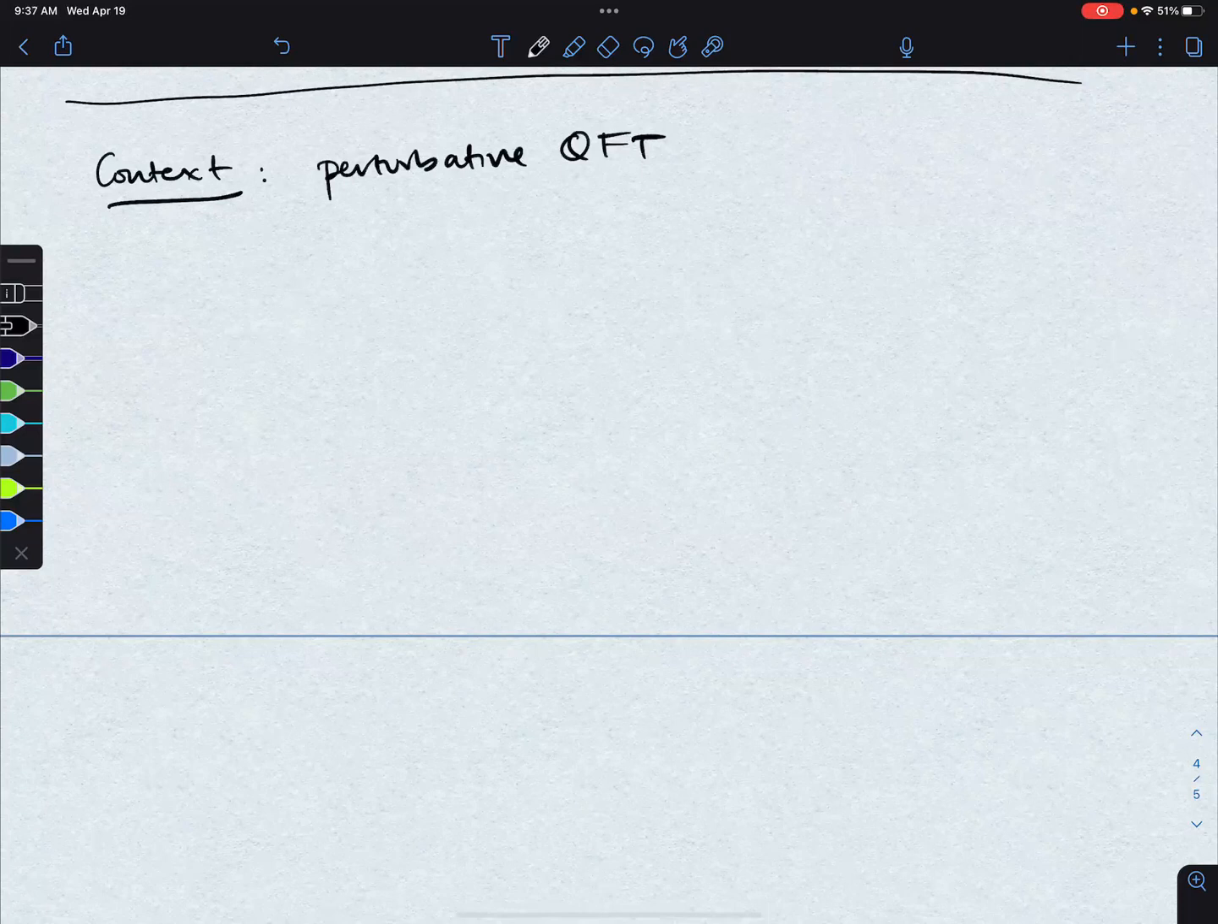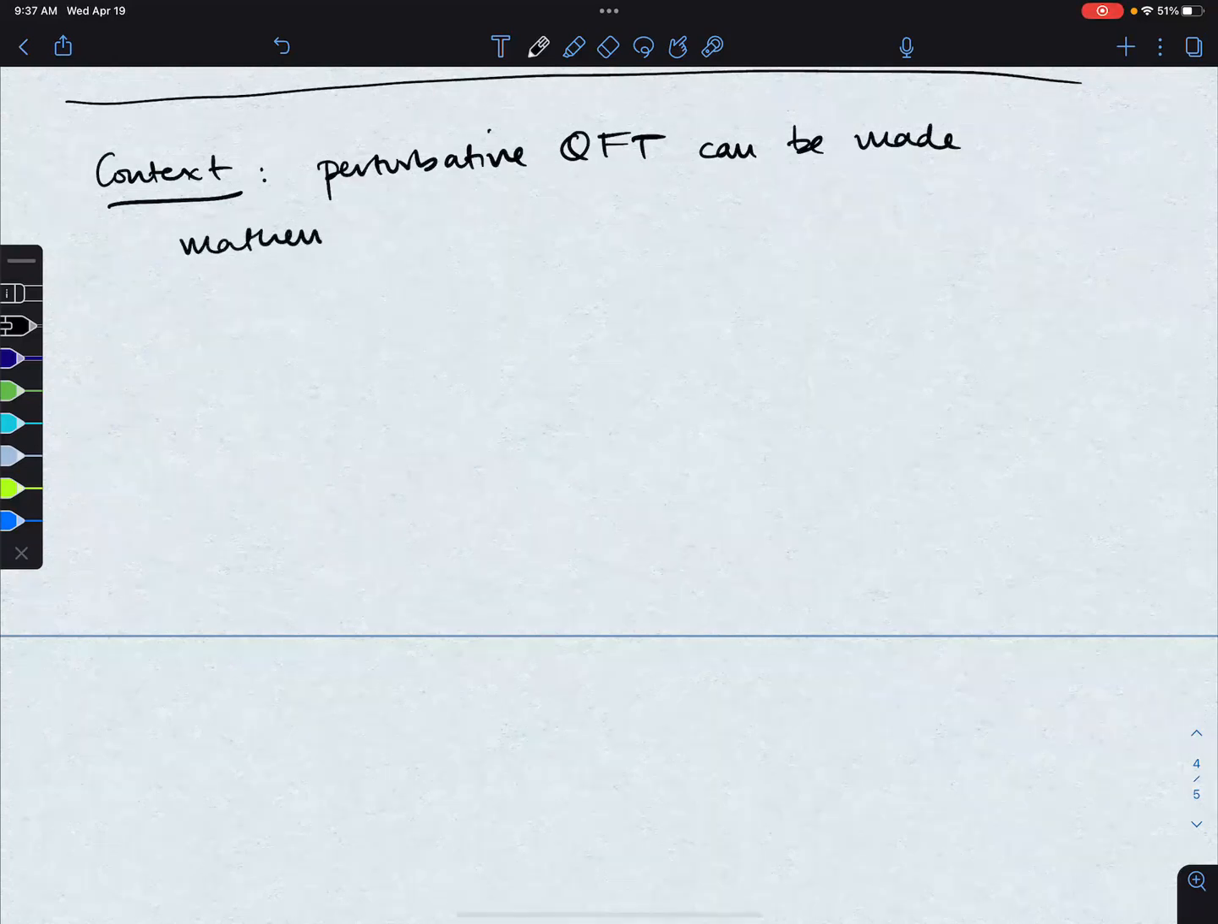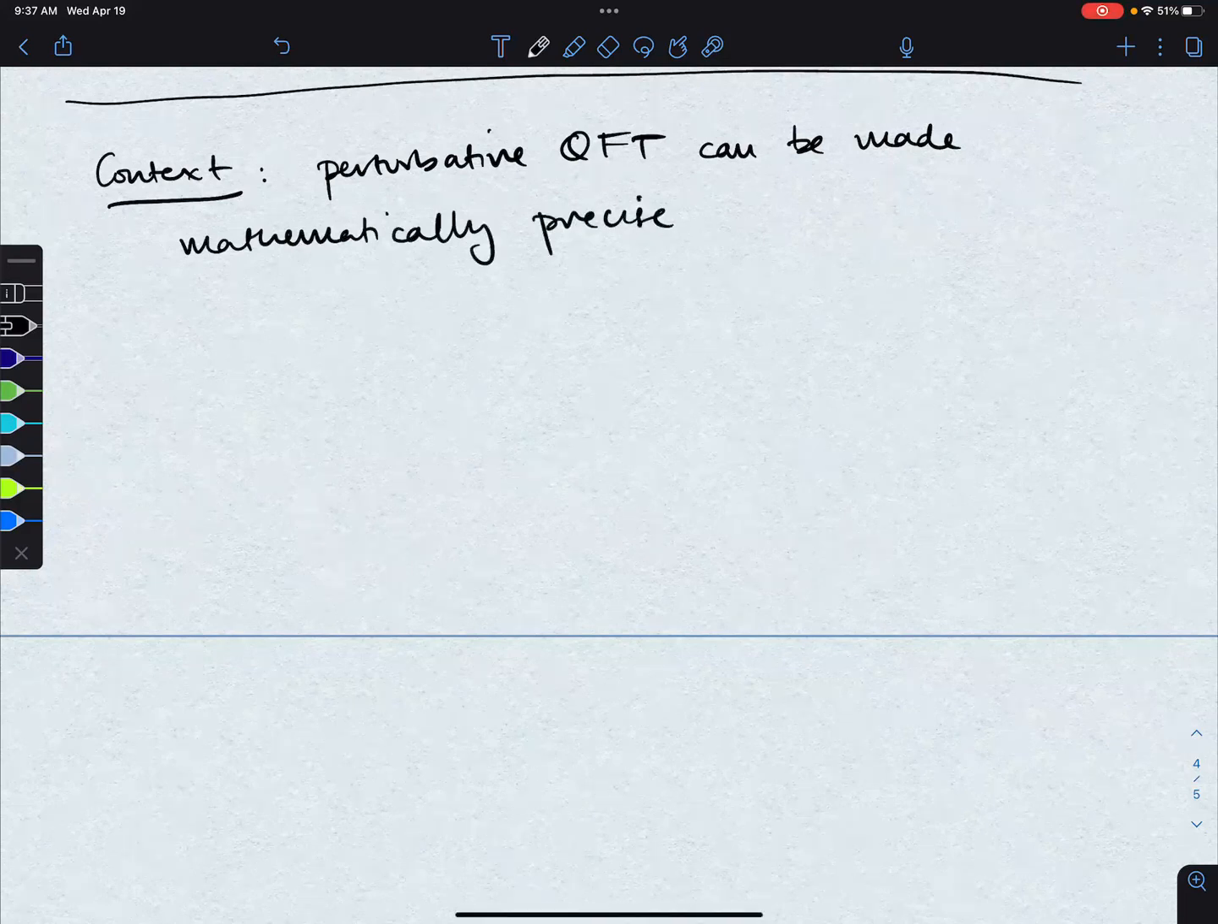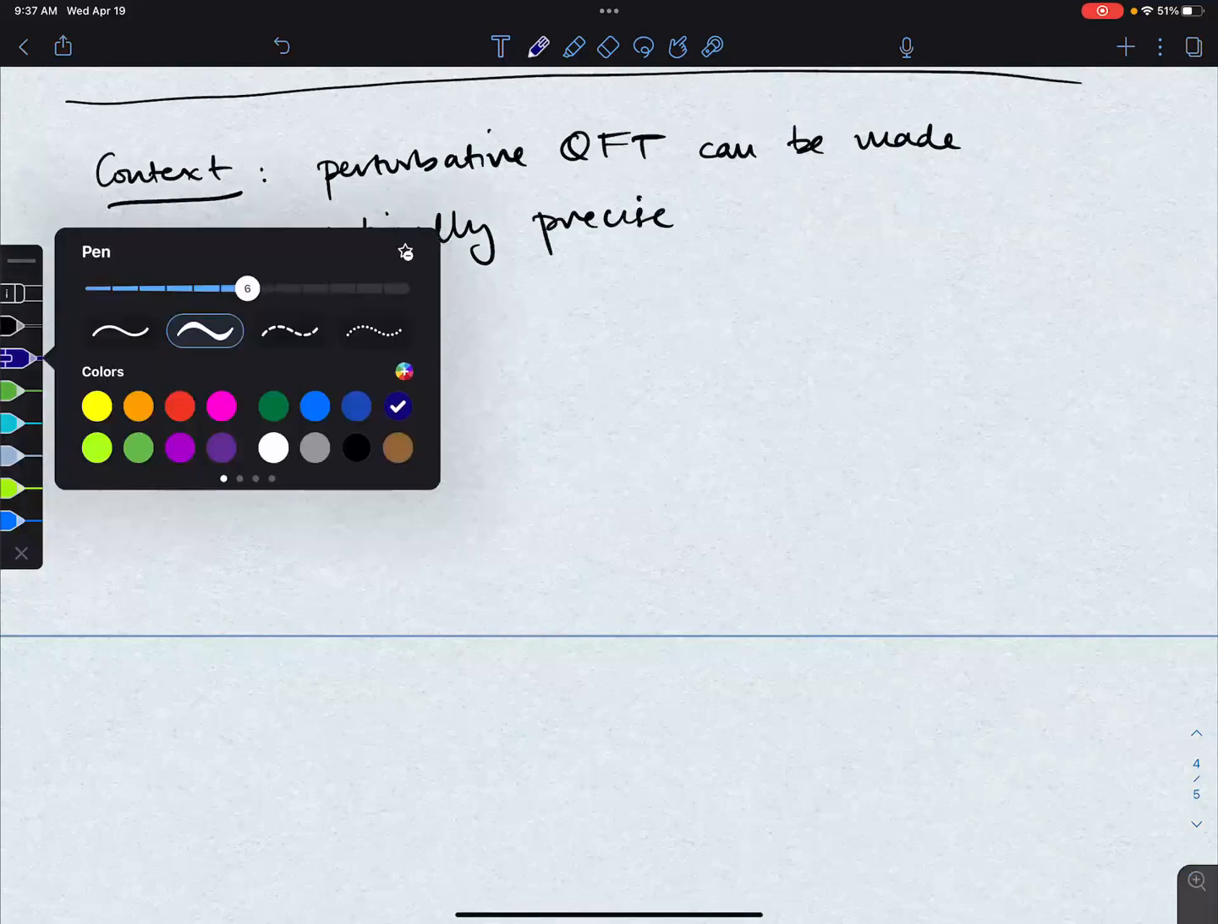Perturbative quantum field theory can be made mathematically precise. People have done it in lots of different contexts. And sort of heuristically, what I would like you to have in mind is